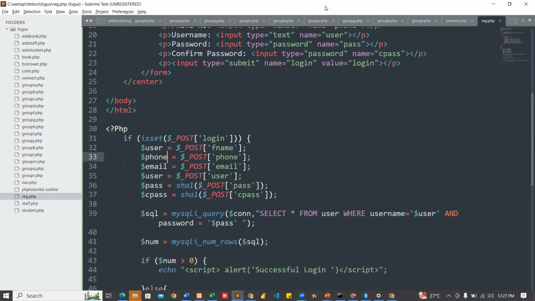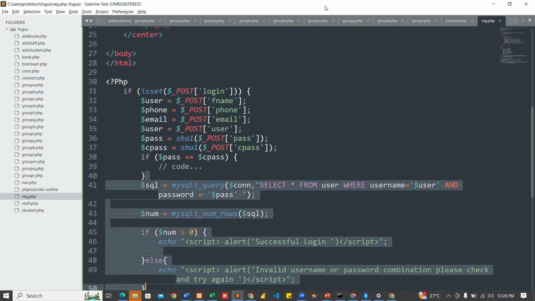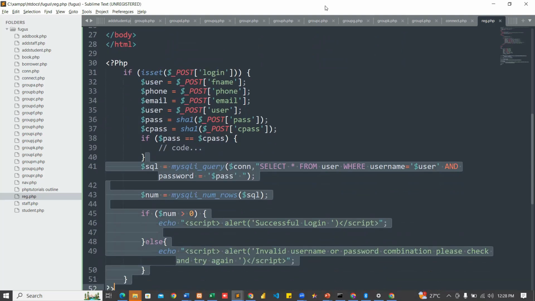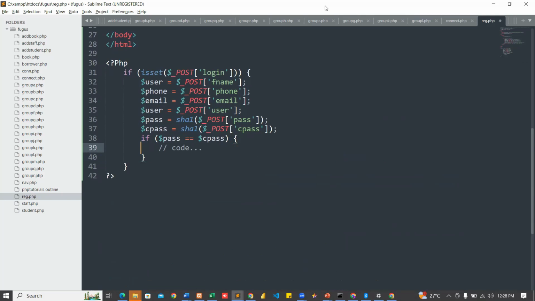So the first thing we will do for the registration page is to first check if the password and the confirm password are the same. So I will say if pass is equals to cpass, so it should execute all this query. Yeah. Else, I don't know if you understand. Maybe let me not adopt this habit of copy and paste so that everyone will understand. So if the password and the confirm password are the same, we are good to go. If they are not the same, we will say